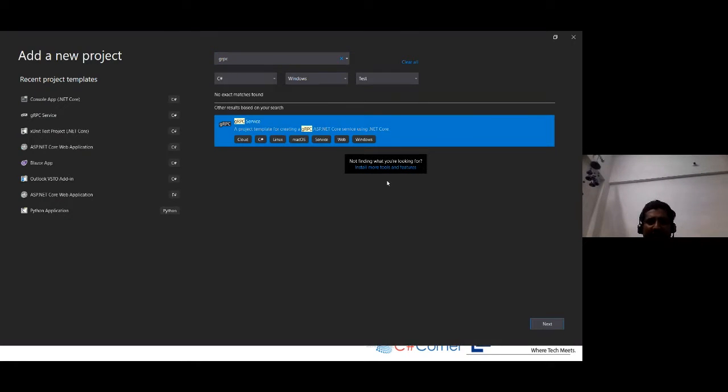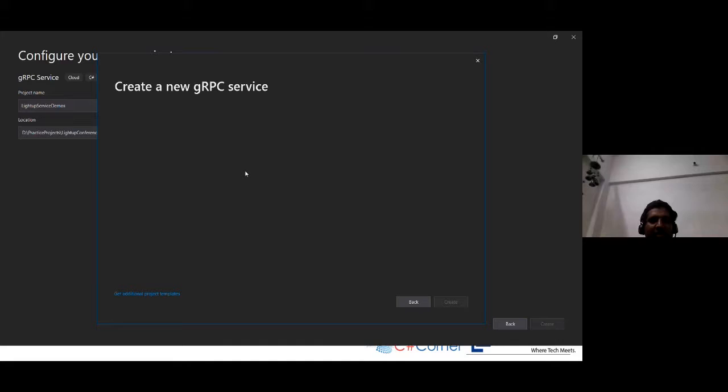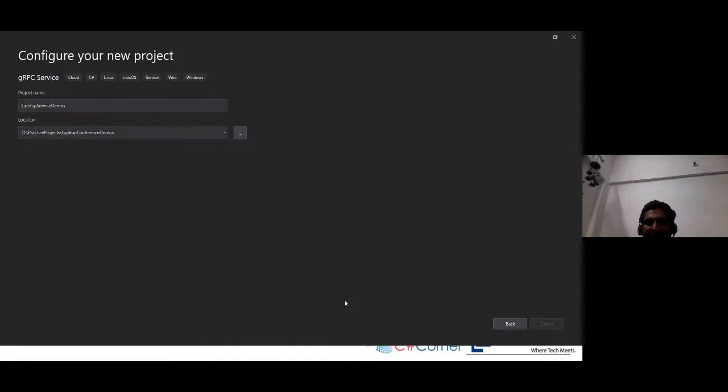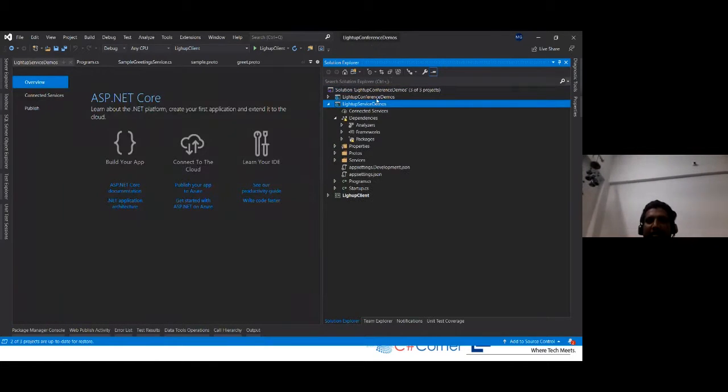This is the gRPC template which we use to create a gRPC server. When we click next, you get the project name as usual. You can name it properly, for example light up service demo. Then this box will open. It will just ask us to create a gRPC service, and here we go. Here our service is created.